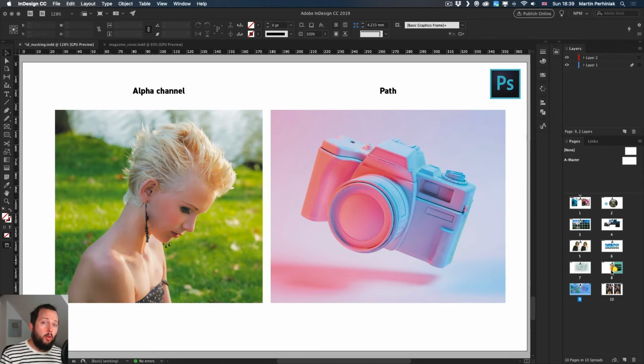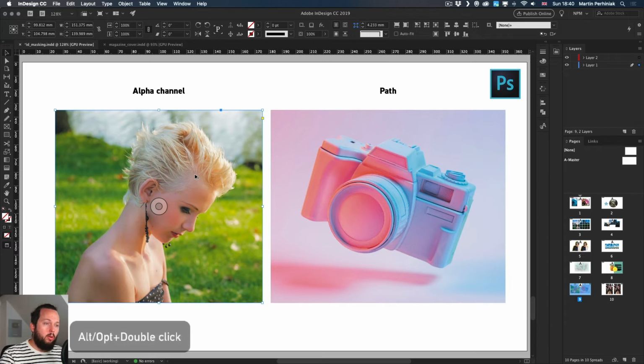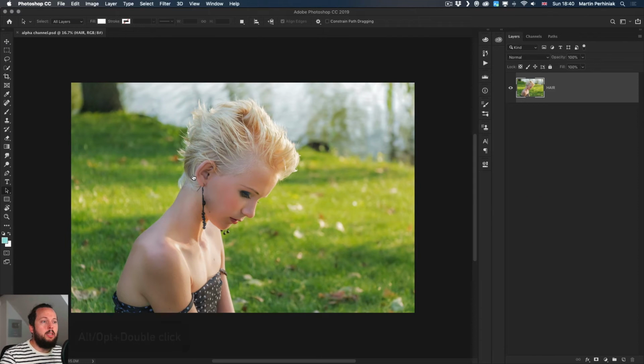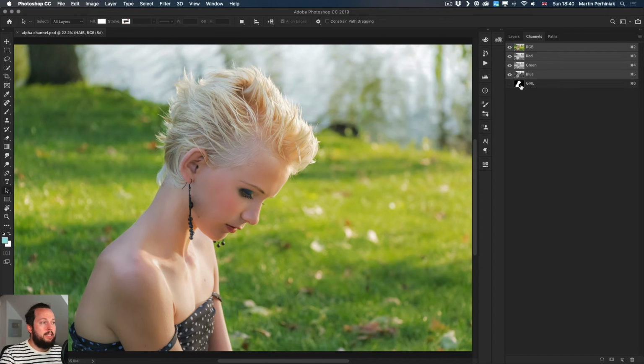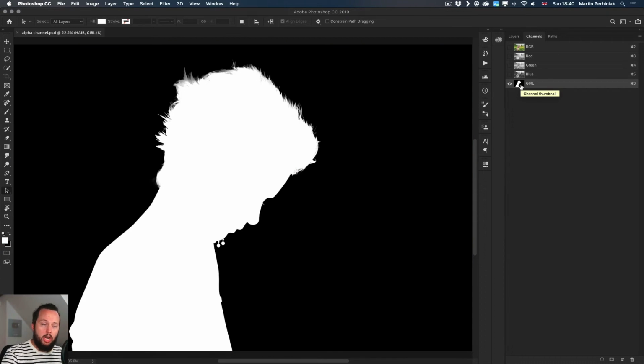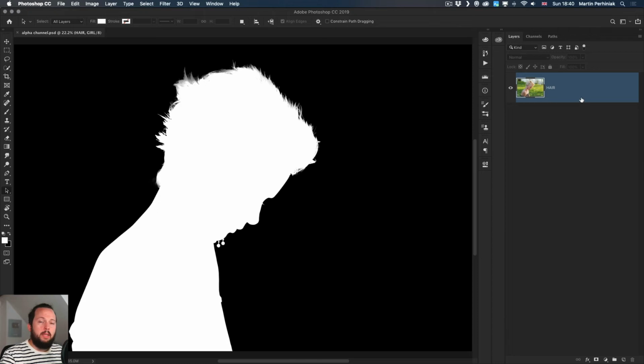And finally, here are a few examples where we can combine the features of Photoshop and InDesign. So first of all, on the left side, I have an image which has a pixel mask saved in it. It's actually saved as a channel. So if I Alt or Option double click on this image, it will open up in Photoshop and I can show you exactly what I created here. There is an alpha channel saved. So it was a selection that I saved as an alpha channel. So it can also be something that you save as a pixel mask, but in this case, it's saved here